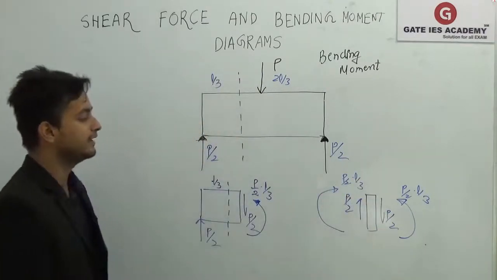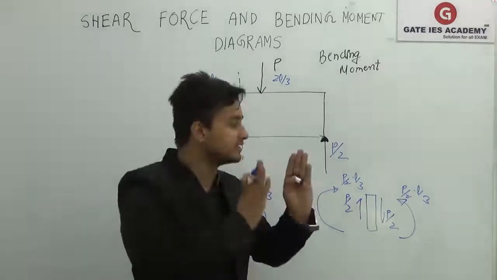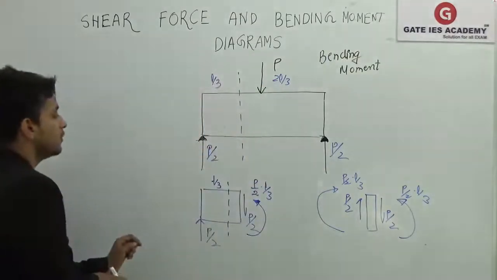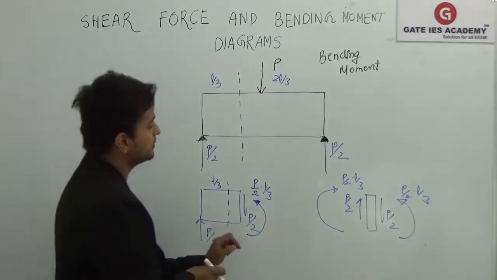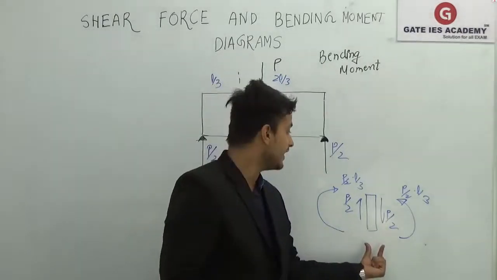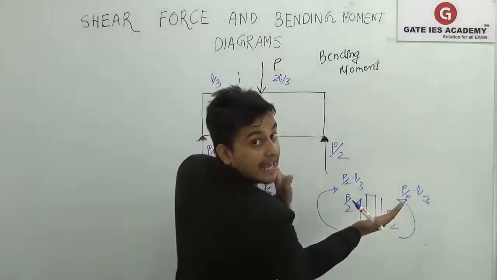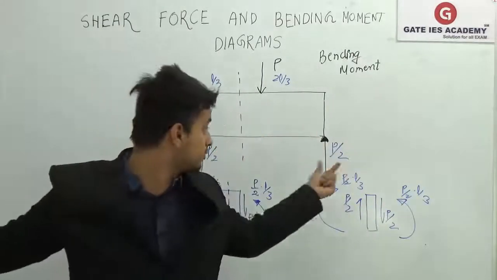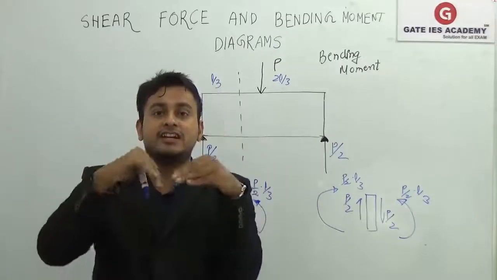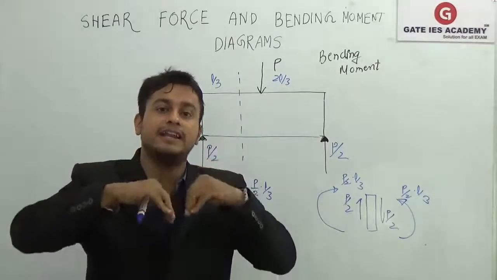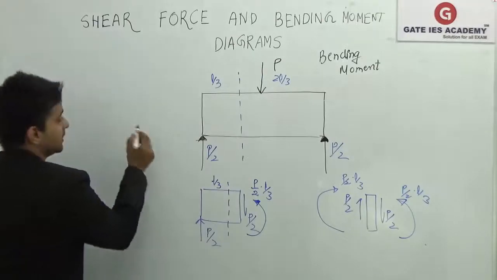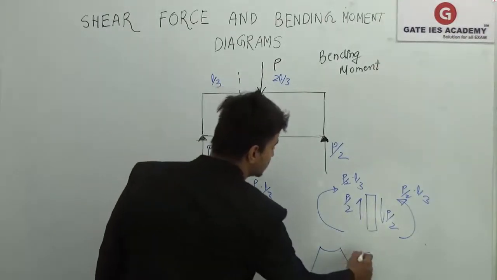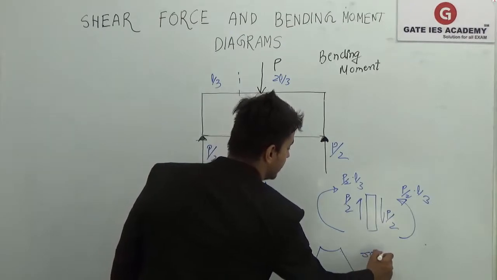So what is happening? There is shearing of the system like this, up and this down. There is shearing of the system going on. So what is happening here? This section is being sheared in this way, and there is a bending moment like this created on the system. So this is bending this whole beam like this. Every section here, you will get this kind of bending, and that will cause the system to bend like this. And that is called the sagging bending